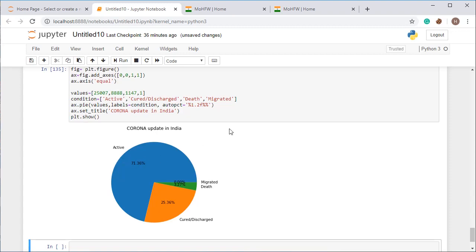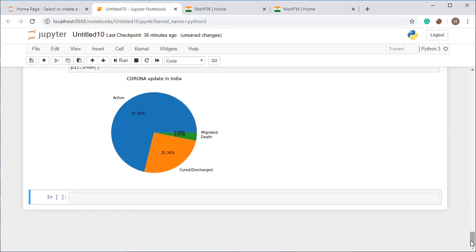You can also set different colors by using the color command. Now I am going to show you the scatter plot. A scatter plot is actually a graph of different dots at different positions. A scatter is a collection of particles scattered in different positions, at a large distance or in a hazy format.